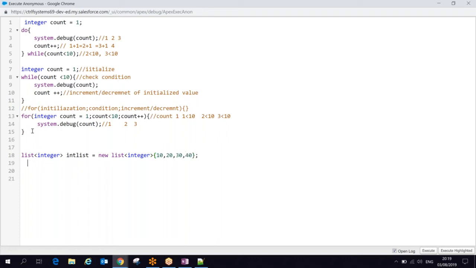Now I want to loop on this. So what I can do, I am going to write what is my collection. My collection is int list. Always after the colon symbol, you will have the collection. Then this collection contains what kind of data? It's a collection of integer type of data. So my variable, let's see, I will say iList. Then you can process your logic.